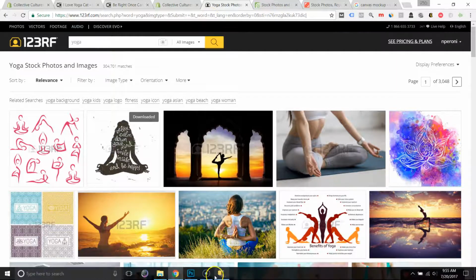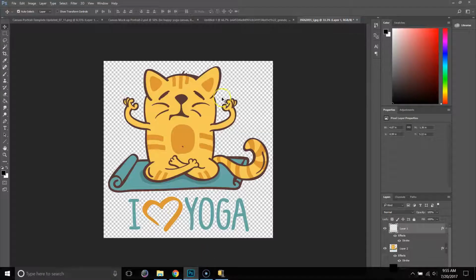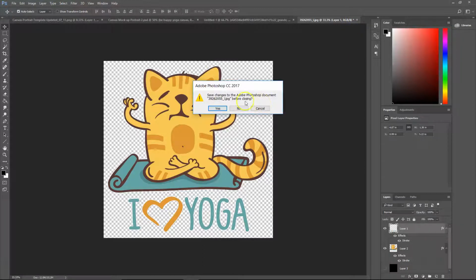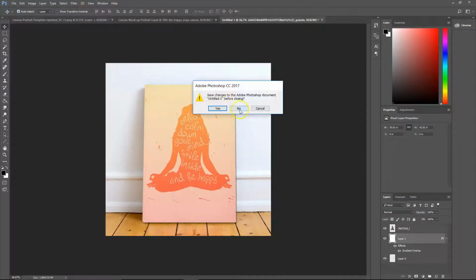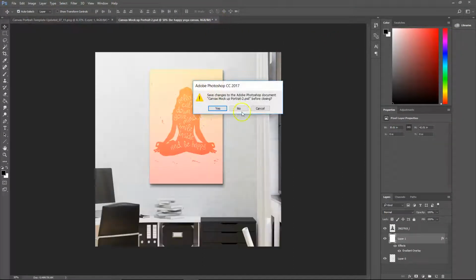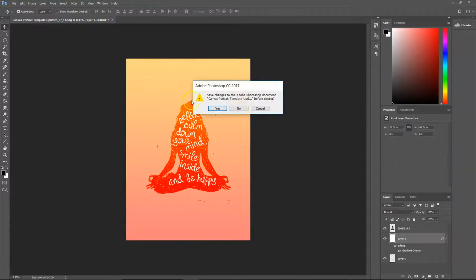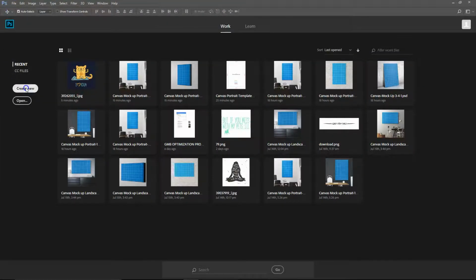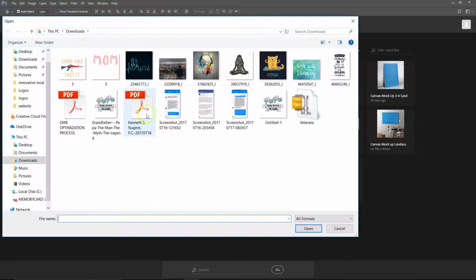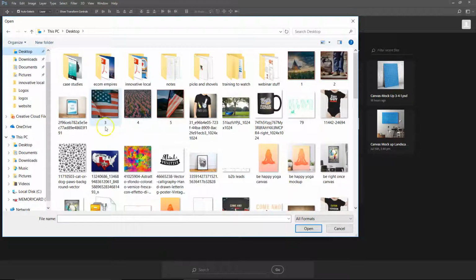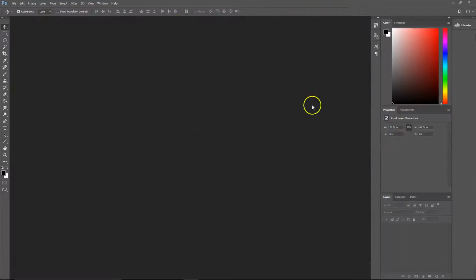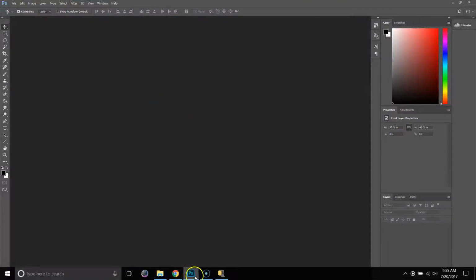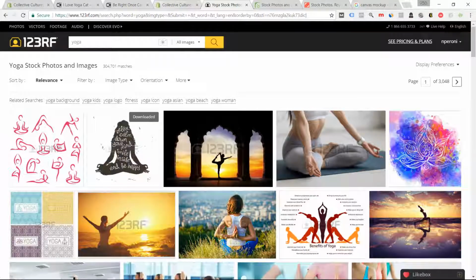Last thing, I'll show you how I did the one design for the other canvas. Let me close this, close this, close this, and close this. All right, so again, when we look at the other canvas, the only difference between this, this was a canvas landscape from Viral Style, right? So for that, we were